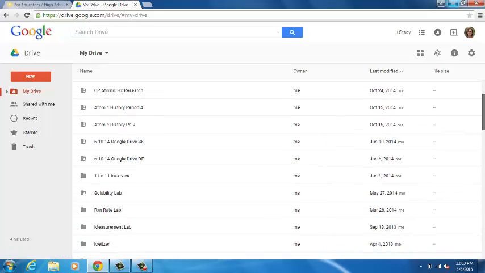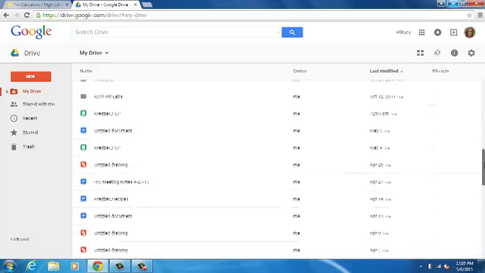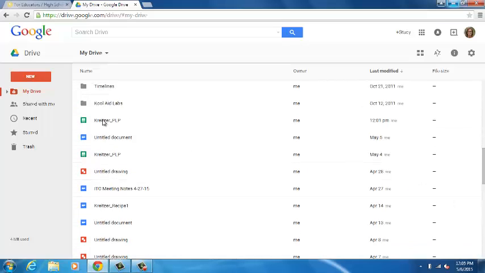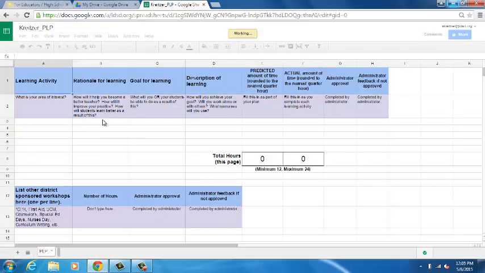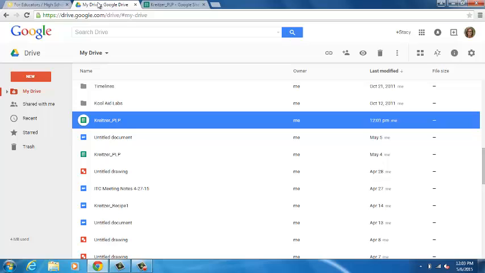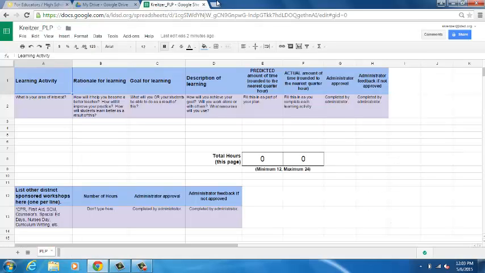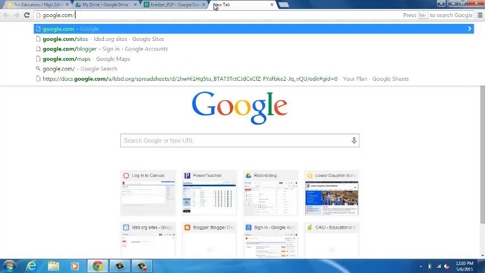I have mine sorted by the last modified, and so you can see right here is a Kreitzer PLP document. I can open it and I can make any edits I want to. So when you go to drive.google.com and sign in with your username and password, it should always show up there. I want to remind you that if you need help with this, let me go back here